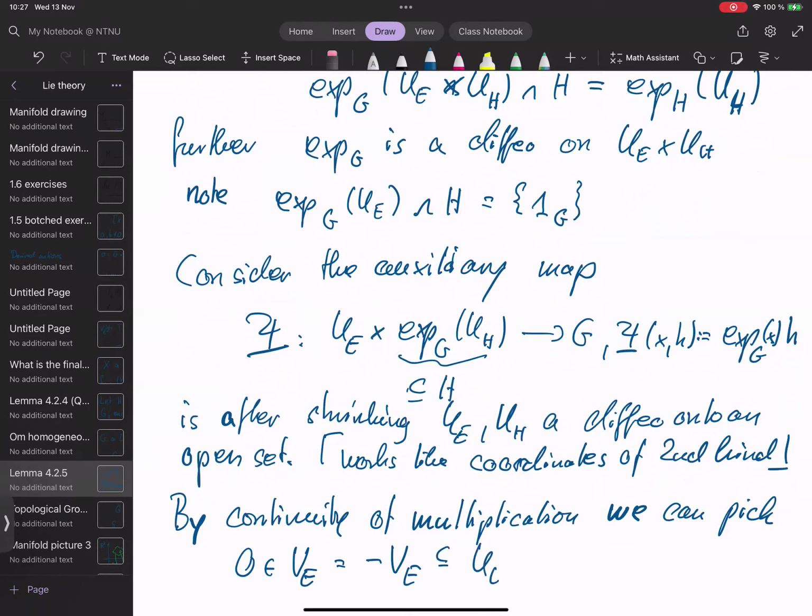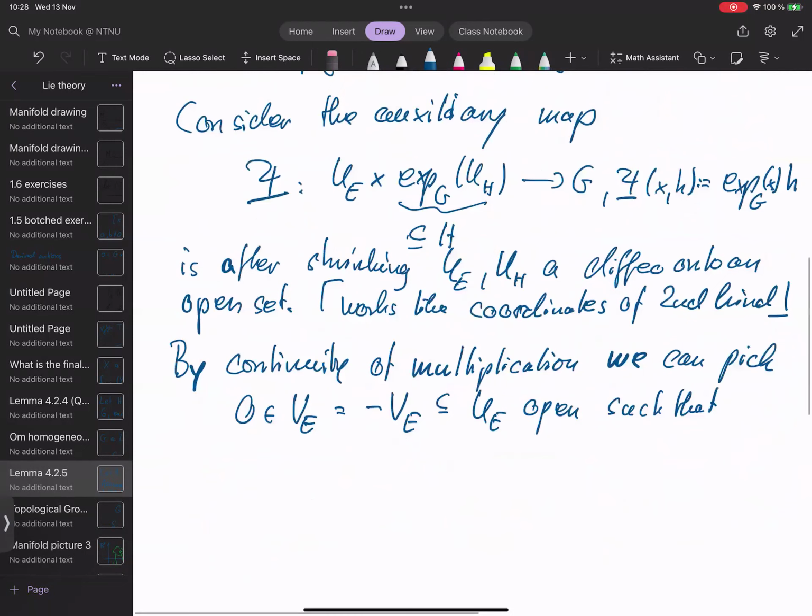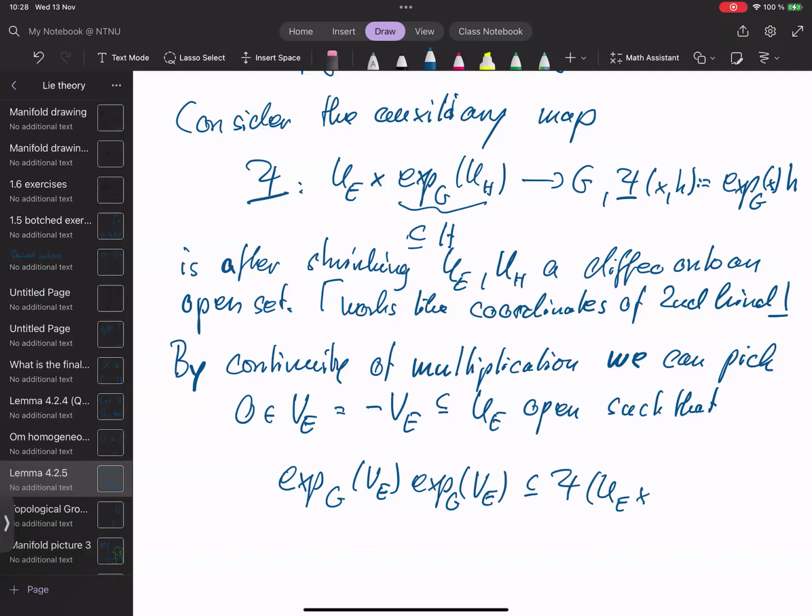And this is inside of UE and it's open, such that the following happens. If I exponentiate with respect to G the VE, and I exponentiate again with respect to the VE, this is contained in